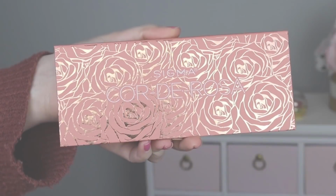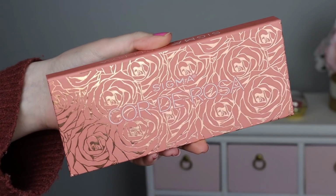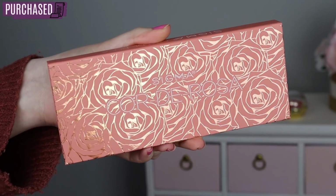The shade Lavender, I haven't reached for it as much this second half of 2020 just because I've been so into the neutral, soft, pop of color kind of palettes, even though I do have a very colorful eye look on today. I totally forgot to include this palette, but I also wanted to mention the Sigma Corda Rosa